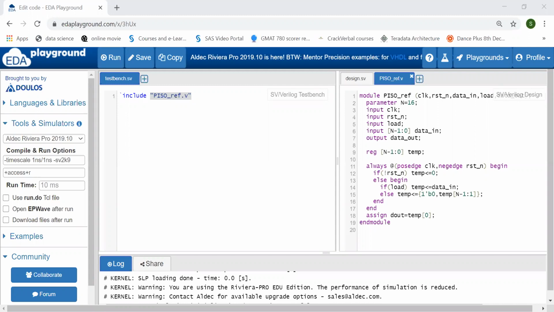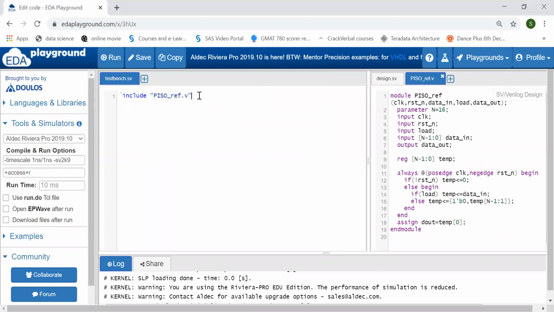So now in this class I will teach you how to write a self-checking test bench for PISO. This PISO code I have already explained in the previous class. Now this test bench I will be writing using tasks. It is an easier way to write the test bench and an efficient way also. So start module